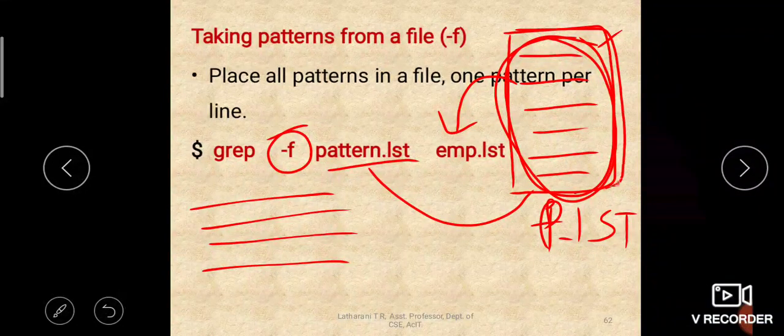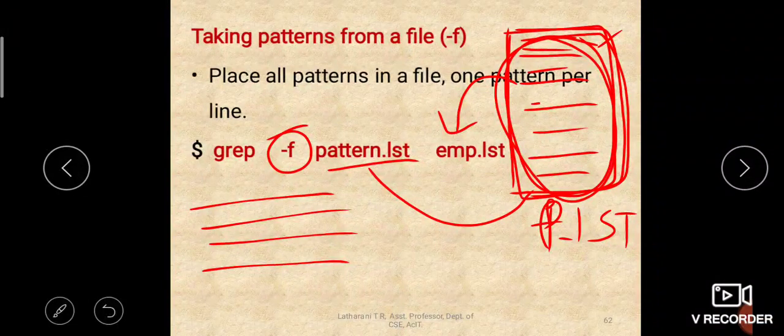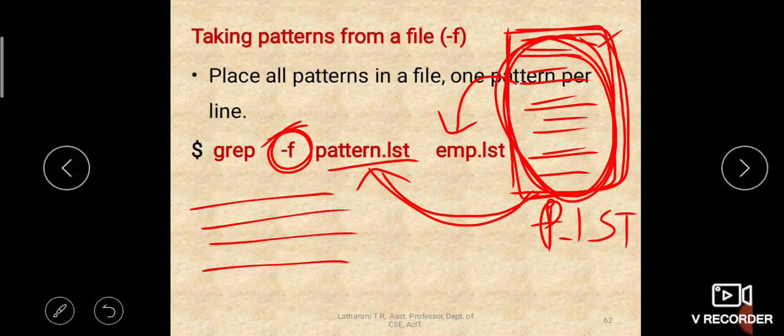Understood? We create a file called pattern.lst. It is not mandatory; you can give any file name. Here, for understanding, we have given pattern.lst. This pattern.lst will contain all the patterns which you want to search, and then that itself is given as an argument to grep with the -f option, and all these patterns are searched in a file called emp.list, and wherever it finds these patterns in emp.list, all those lines will be displayed as output.